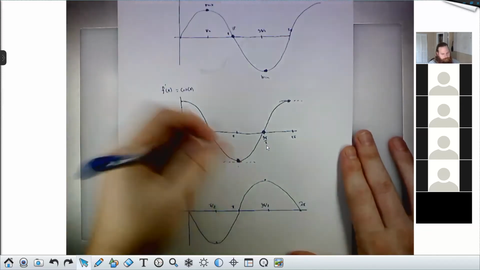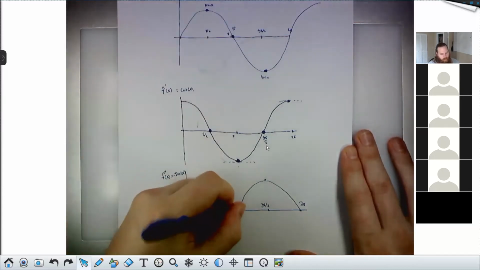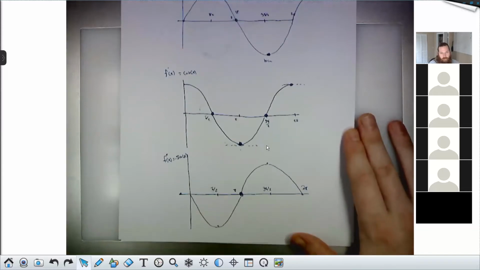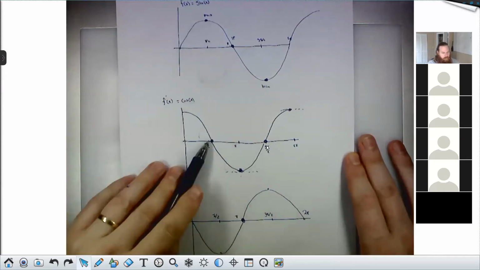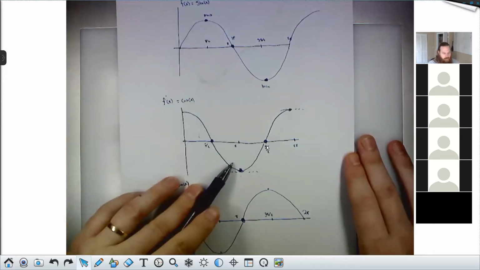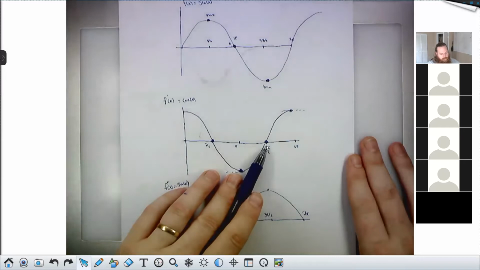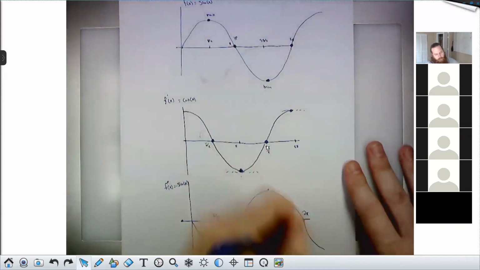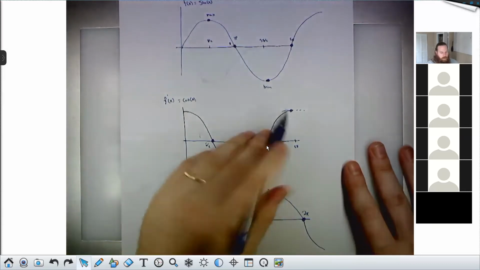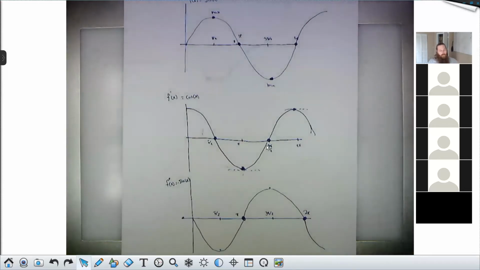So again, you see inflection point on the original, horizontal tangent on the derivative, place where the second derivative changes sign. Local max on the original, x-intercept, or a place where f prime changes sign. Min on the original, place where f prime changes sign. Inflection point on the original, again, a place where f double prime changes sign, or a place where f prime has a local max. So starting to connect these pictures to each other,